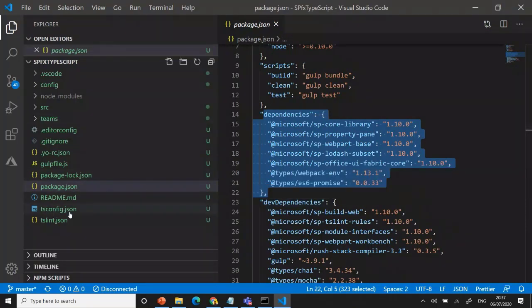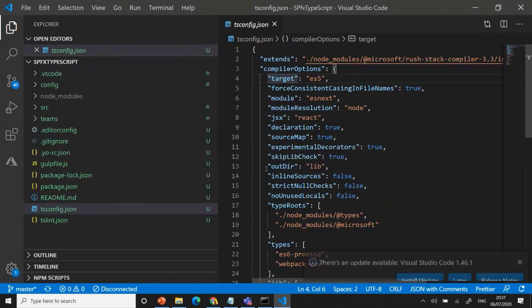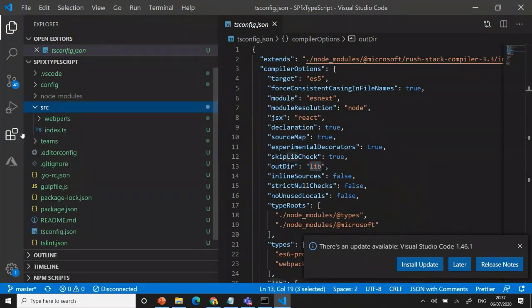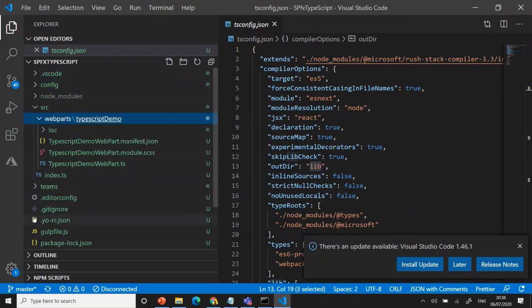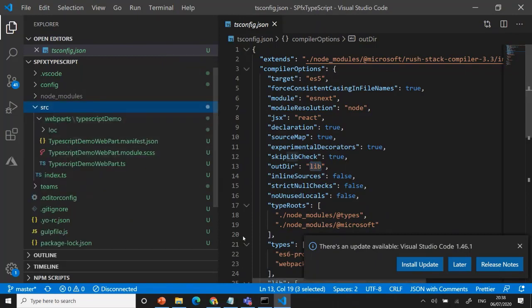Then we have the tsconfig, whatever we saw, right? Target, folder, everything, the same only. Whenever we are creating any tsconfig, it will convert to JS, and it will be available in the out directory lib. Okay, whenever you go here, you can see the... we have not compiled, right? It's not coming. You can see the folder will come next to the node_modules with a lib. There you can have the TS file. I'll show you first.